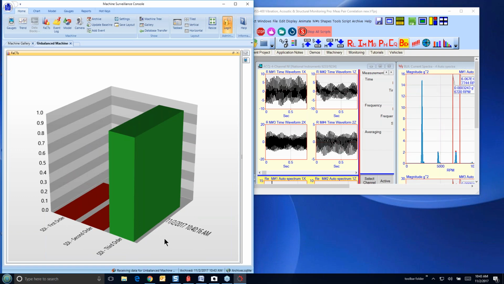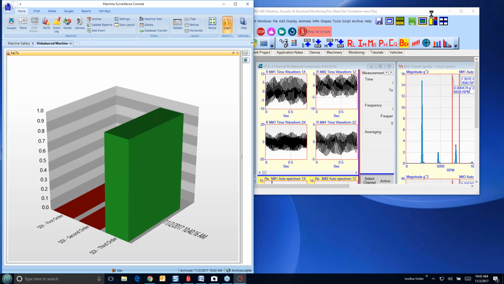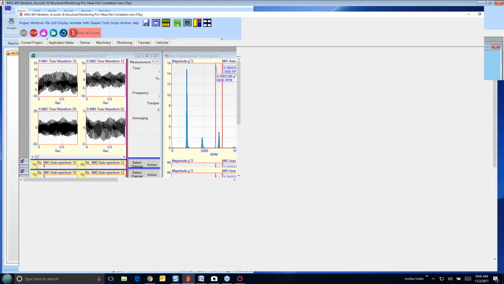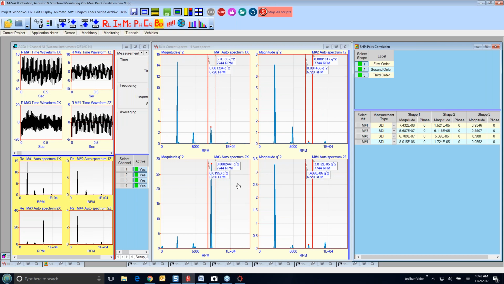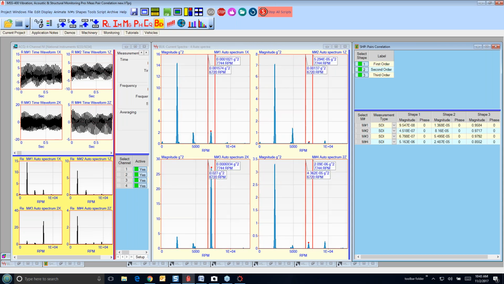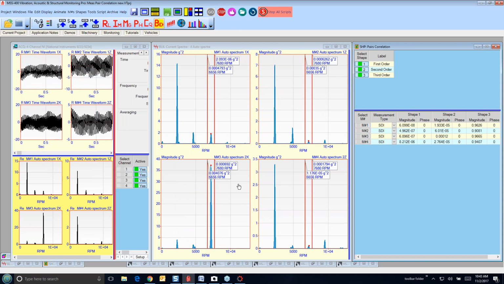The third order, it's saying there isn't a whole lot of difference there, but let me make this large so we can see what the third order looks like. At this higher speed, the machine is just a little more consistent. We get some nice strong peaks there in the first 3 orders.